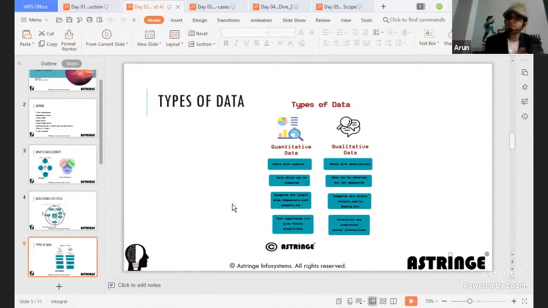There are primarily two types of data. One is called qualitative data and the other is called quantitative data. What exactly is it? Qualitative data is data that is not represented in numbers or in a numerical format. It represents the type or quality of the data rather than quantifying it. If you are able to quantify data, that leads to quantitative data. It could be numbers, integers or floating point decimals, and there are various ways we can categorize the data types.